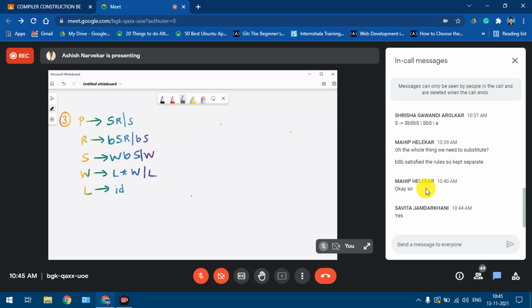So this is a grammar that is given to us. It's quite a vast one, and we need to solve it.